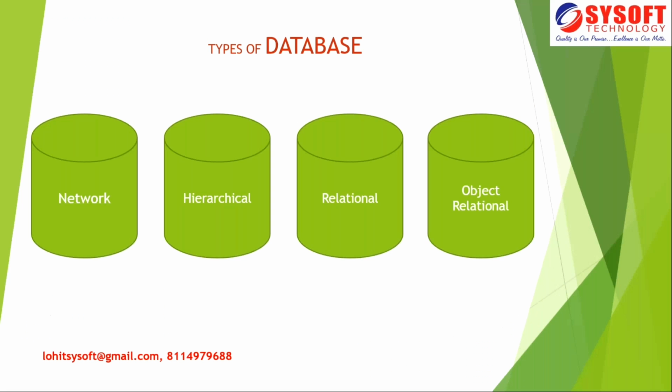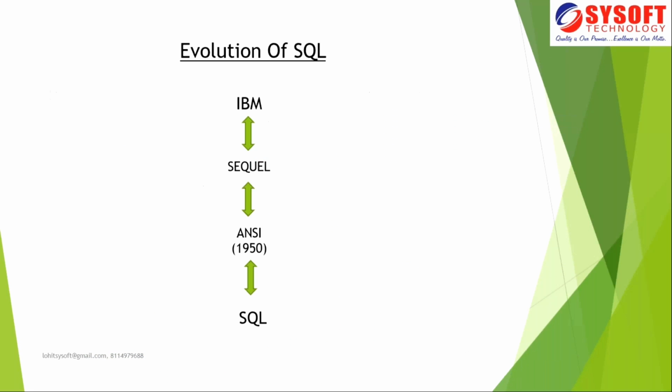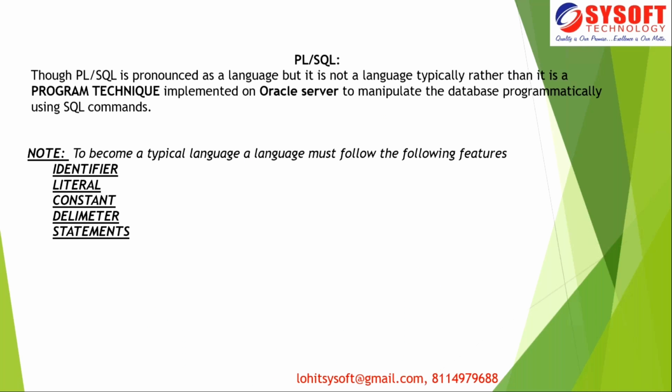But if I talk about PL SQL, though we call PL SQL a language, now we are going to put all these 5 features in PL SQL. Believe me, identifier is there because PL SQL is a hard-core programming language. As we have done programming in C, in PL SQL also we can do programming. But the difference between C++ and PL SQL is that in C++ we can develop an application. That means C++, Java, C#, Python, these are